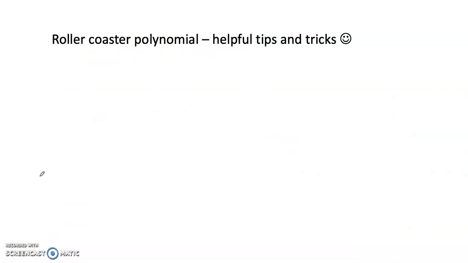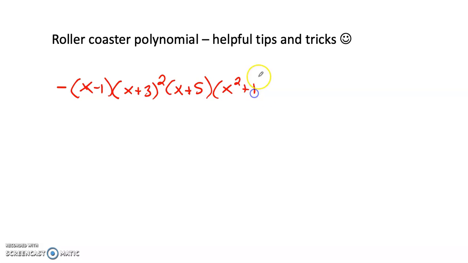Just to go over some helpful tips and tricks when you continue on in your assignments to build your roller coaster polynomial. My suggestion when you do a rough sketch, you could also just test out some factors in Desmos. For example, if you want to type in Desmos, we've got a factor of x minus 1, x plus 3 squared, because you have to have a double root or multiplicity of 2, x plus 5, and then you also have to have an imaginary root, so maybe x squared plus 1,